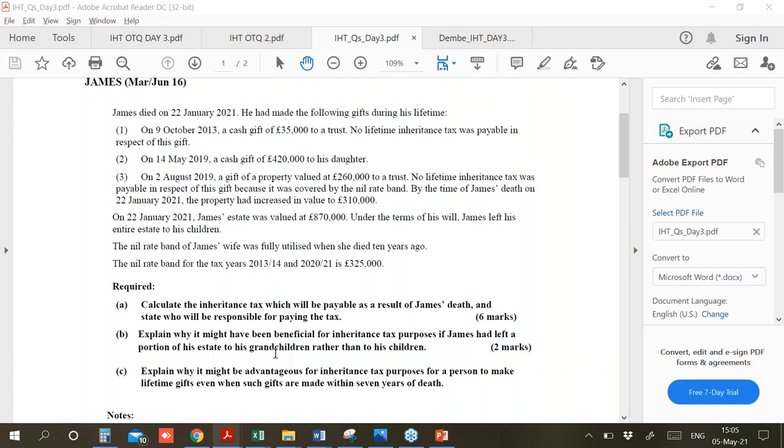Okay. Quick succession is not the topic of taxation, it is the topic of advanced taxation. Now, requirement B, which is worth two marks, can be easily answered by stating that if they would have given it to their grandchildren, it would have skipped one generation tax, thus stopping the asset from being taxed twice. And by explaining simply that, you can take 2 marks.